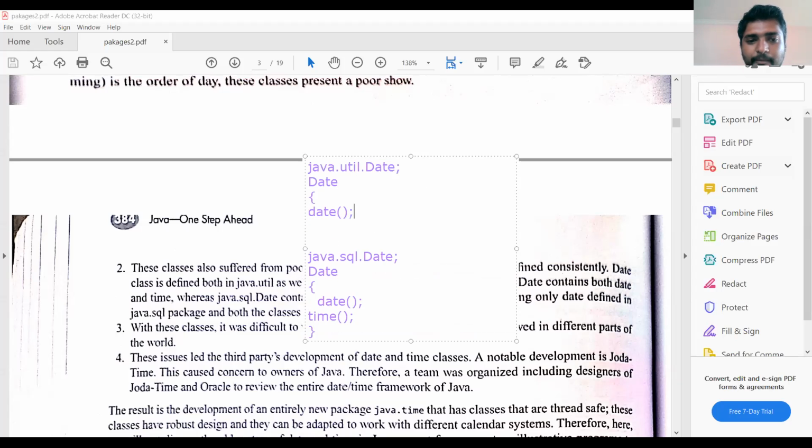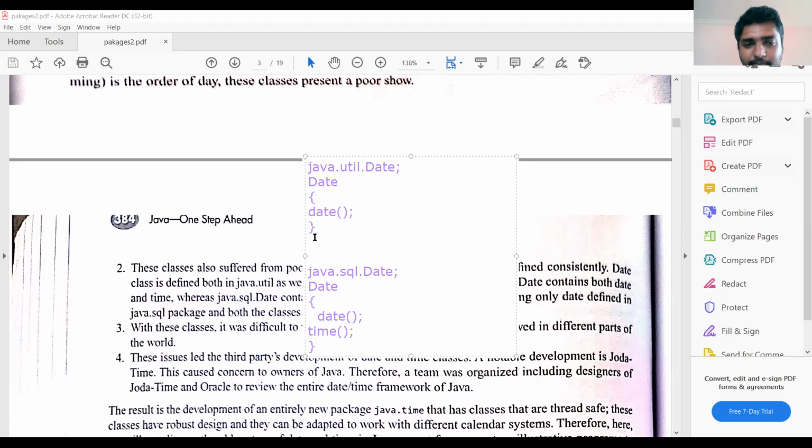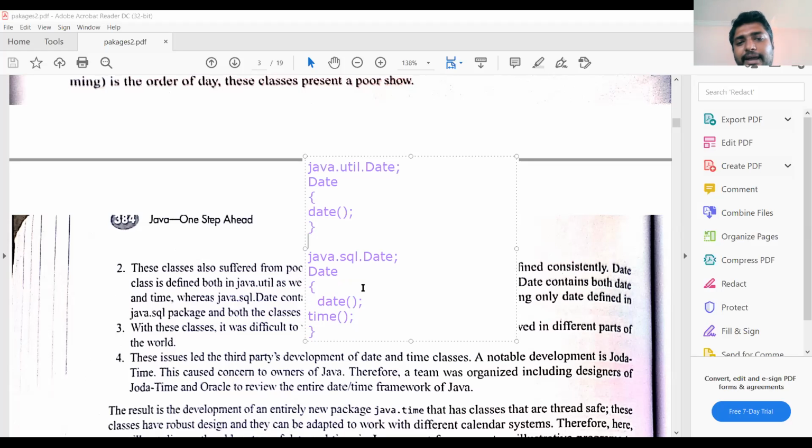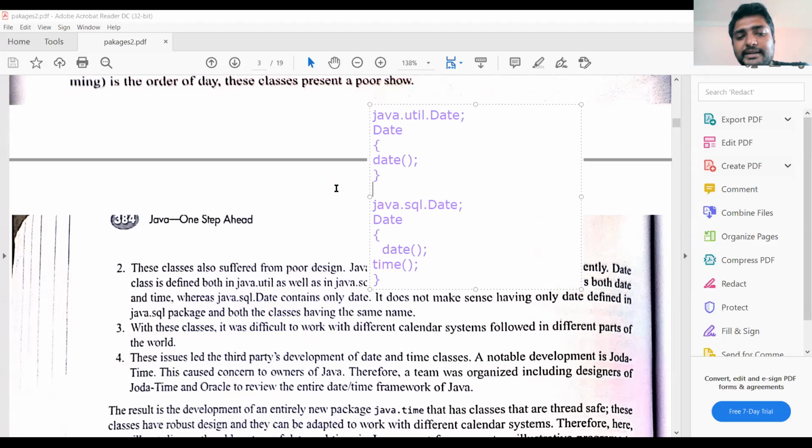It doesn't have a time method. Here the class names are the same, Date and Date, which means both classes can be expected to exhibit the same behavior. But the util package Date has some methods, and the SQL package Date has different methods. So this leads to some ambiguity.